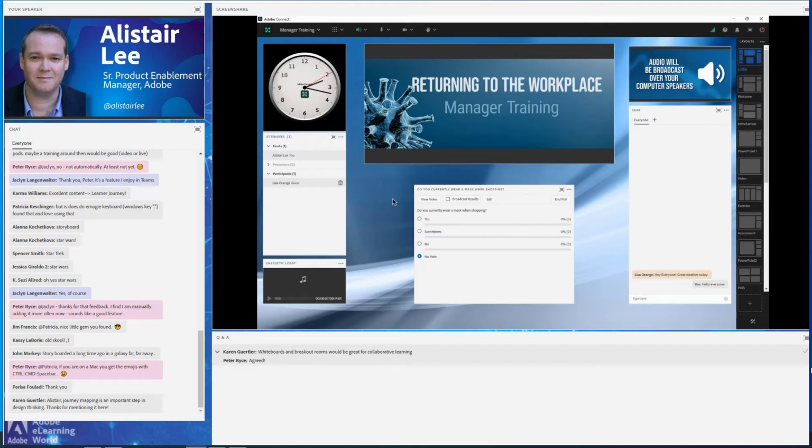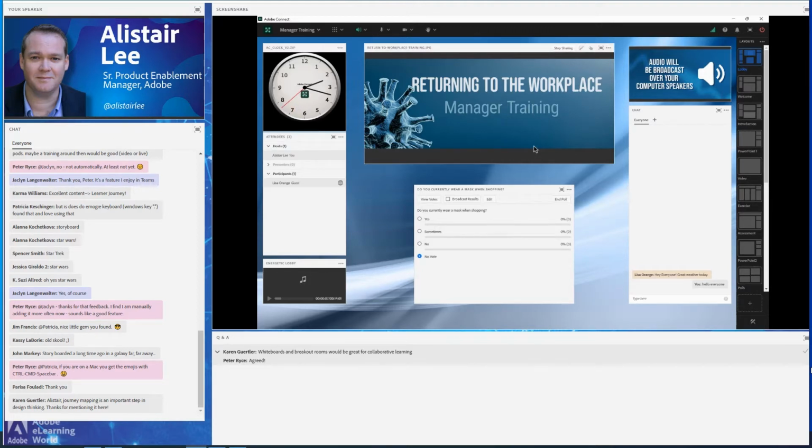And so they've created a classroom environment. They're running this training scenario over and over again for all of the different managers in their different regions. So I created this virtual classroom as an example of how I would design something like this. And this is how Adobe Connect works if you're not familiar with it. This is very different from most of the other platforms out there in that the host designs the experience for everybody else in the room.